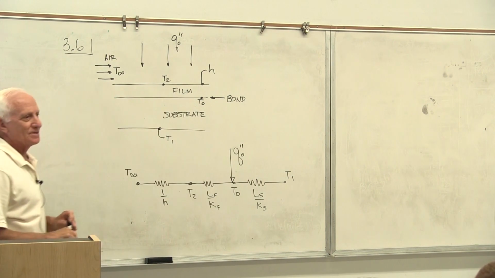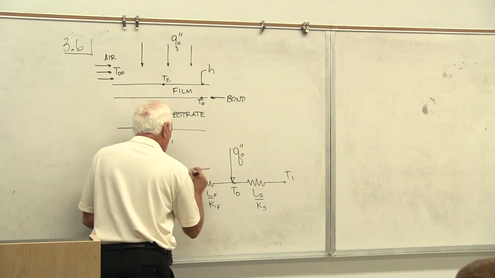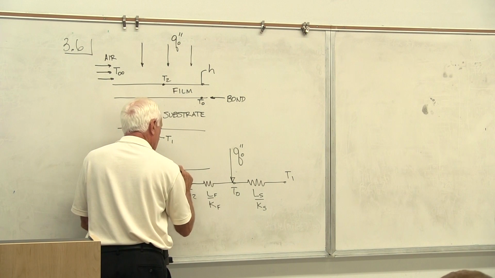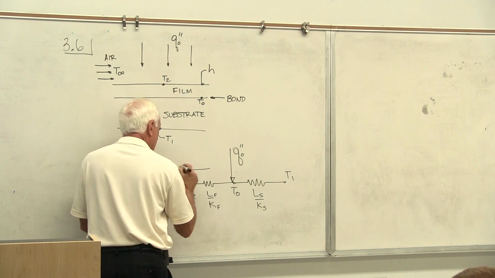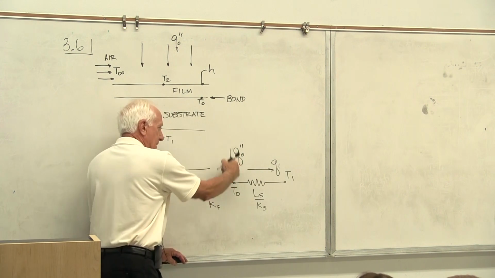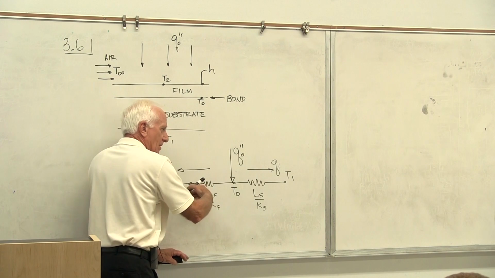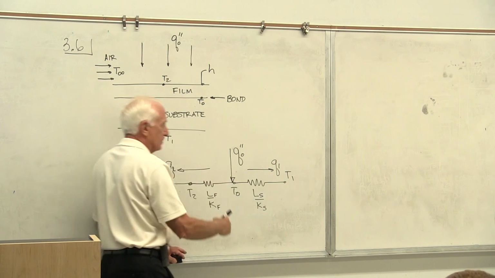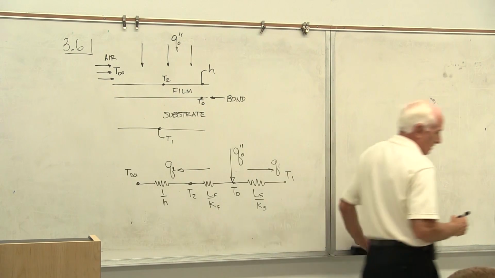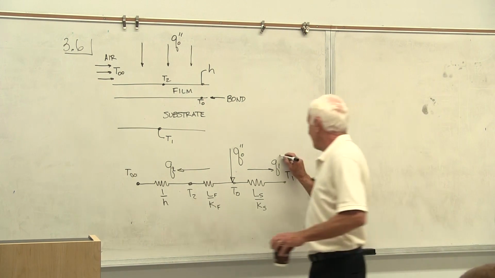Okay, there's the picture. Now it's drawn correctly. And I'll label this Q2, and I'll label this Q1, because if all the heat comes in there, some might go out to the right, some might go out to the left. It depends on those temperatures. You want to make those heat flux and so Q double prime. Oh yeah, thanks, I do.